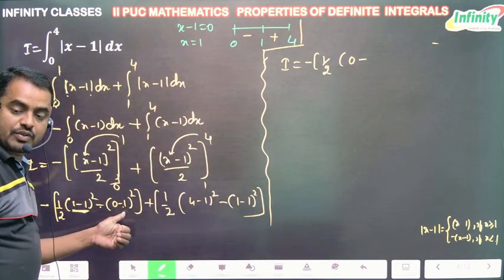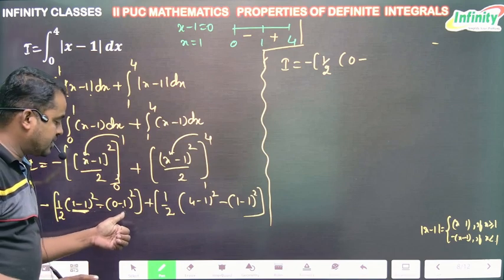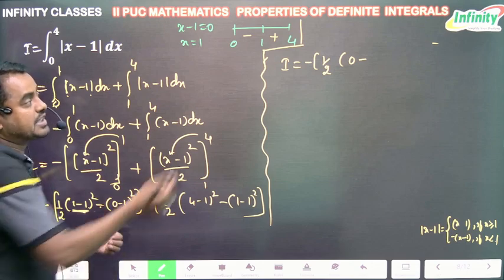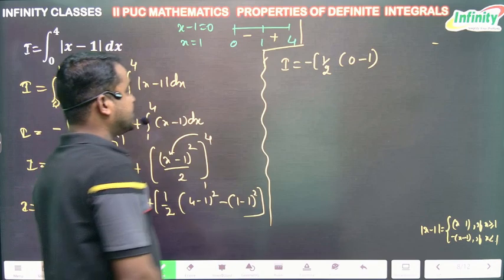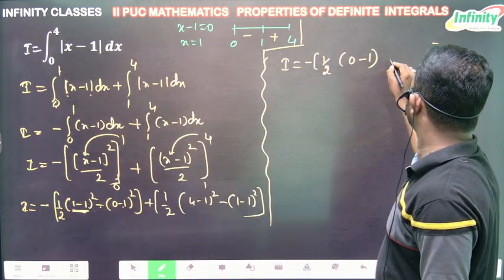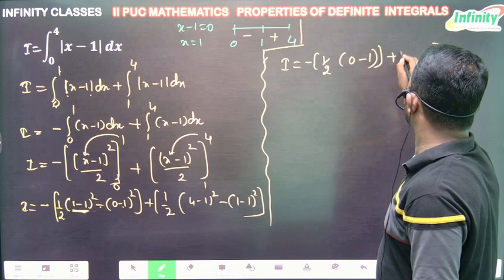0 minus 1 square, 0 minus 1 square is what? 1, minus 1 square is what? 1, and this minus sign as it is, plus 1 by 2, this part is over, plus 1 by 2